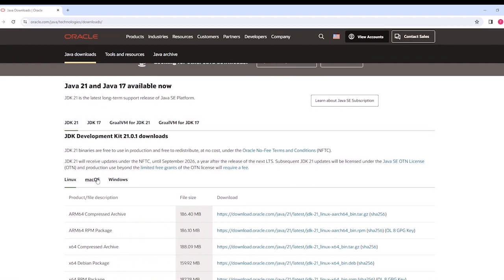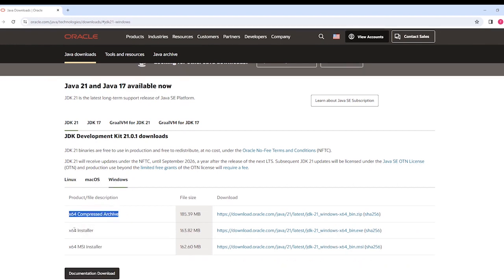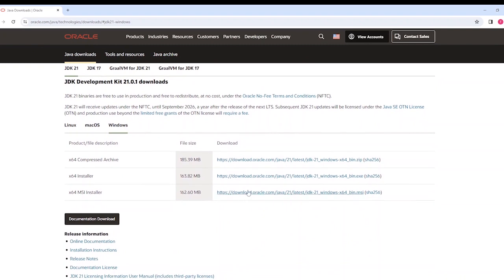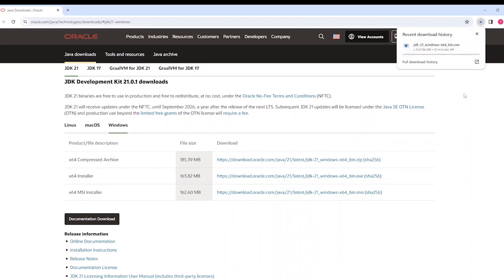And as you see in the tab view here, we have various operating systems listed: Linux, macOS and Windows. Since we are going to download it on Windows, I'm going to click on Windows, and as you can see we have 3 options here, but we are going to focus on the installers. First one is x64 compressed archive, x64 installer and x64 MSI installer. So I'll select the x64 installer link here, click on it, and as you can see the download has begun,